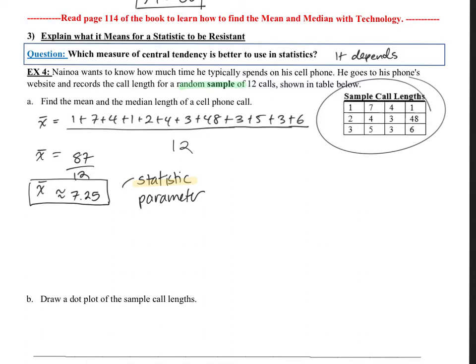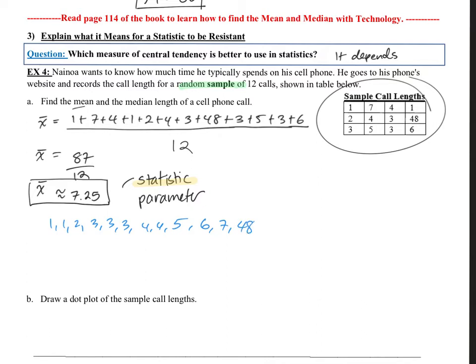Okay, let's see. Next thing, we did the mean. Check. Now we have to do the median. How do we find the median? Well, for the median, you've got to list everything out. I'll do the median in a different color. I'll go ahead and work with blue. Let's list this out in ascending order: 1, 1, 2, 3, 3, 3, 4, 4, 5, 6, 7,